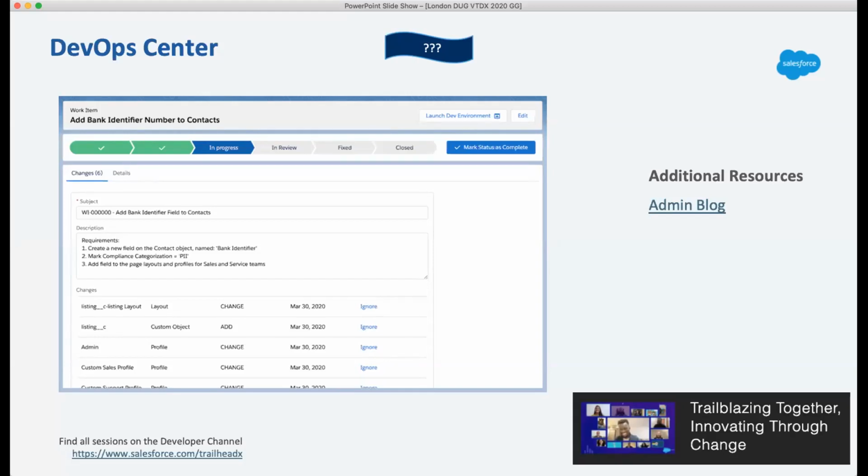If you're following the Summer 20 release notes, you'll have seen that source tracking in sandboxes became available in beta. So clearly this is the secret sauce behind Devops Center, as the changes that you make to the development environment, the sandbox, are automatically tracked and shown, as you can see on the screenshot there, without you having to pull and diff against your version control system or do anything at the command line or using something like a source tree. So you can then pick which of those changes you want to include in your work item, and then you can create